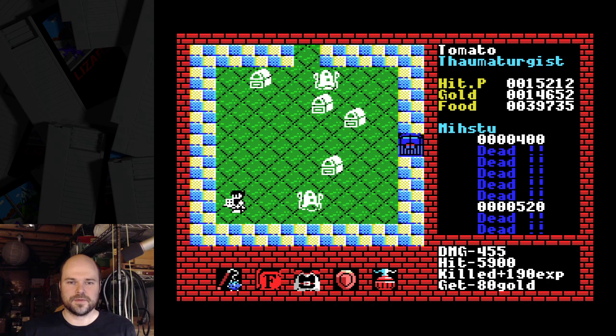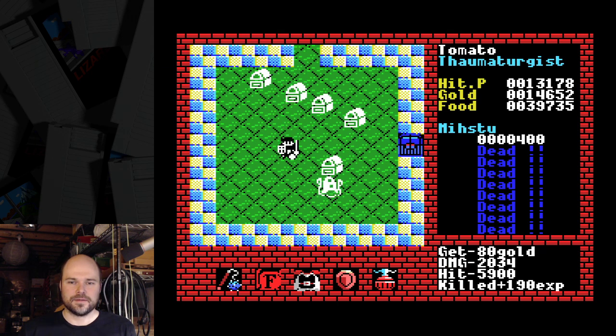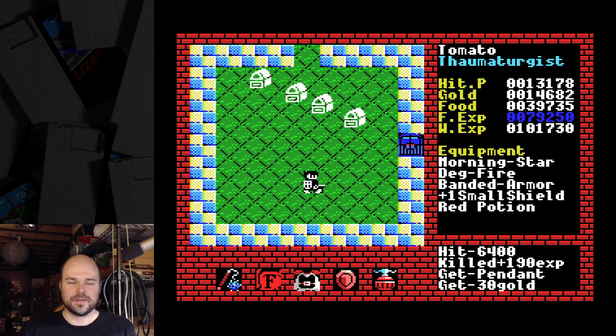Their spells do a fair bit of damage. I wonder what the black orb spell is, whether it's maybe corruption? So if I recall, I got a pendant last time, eh? Okay. So...